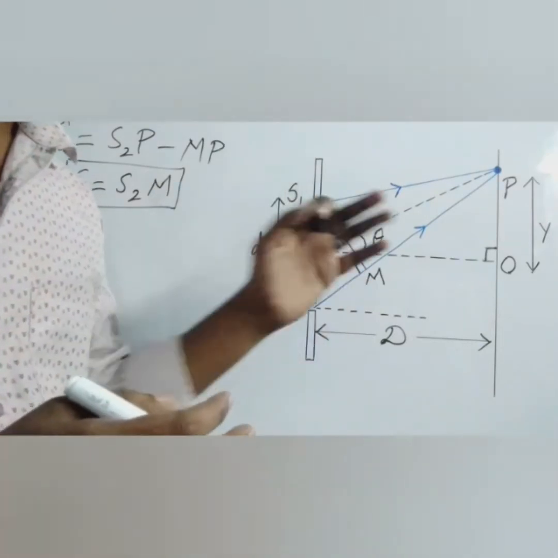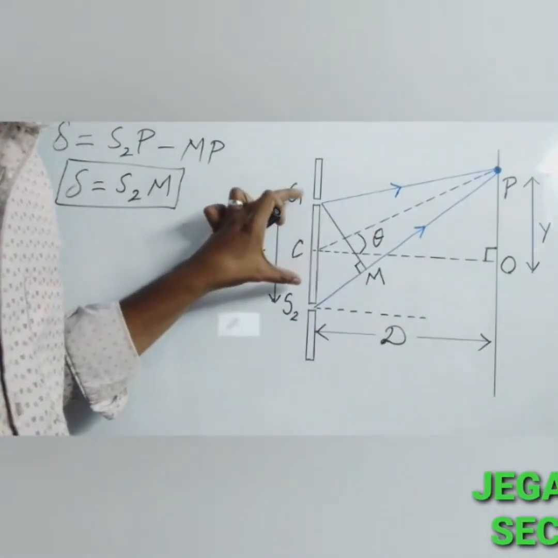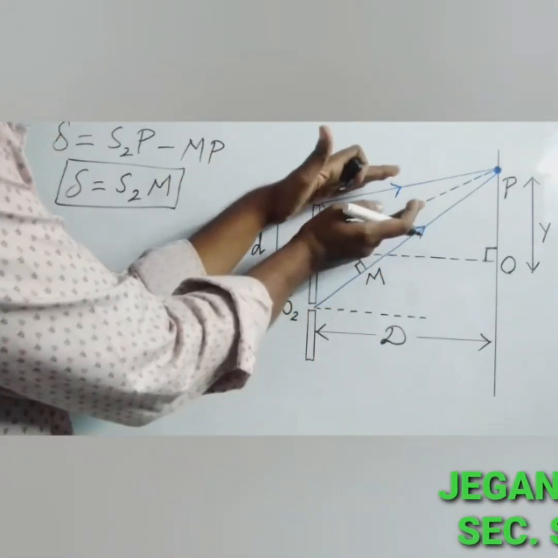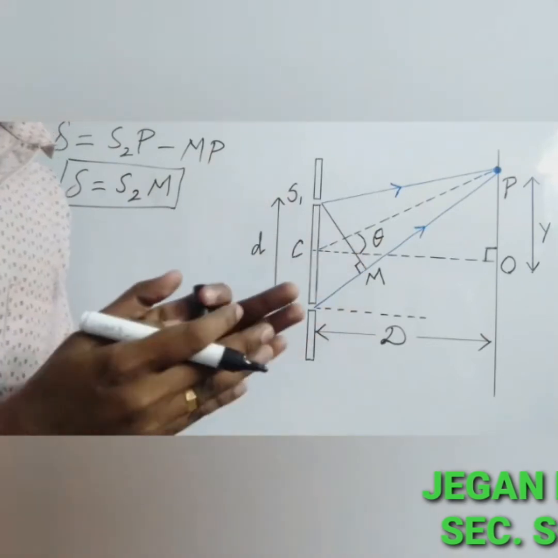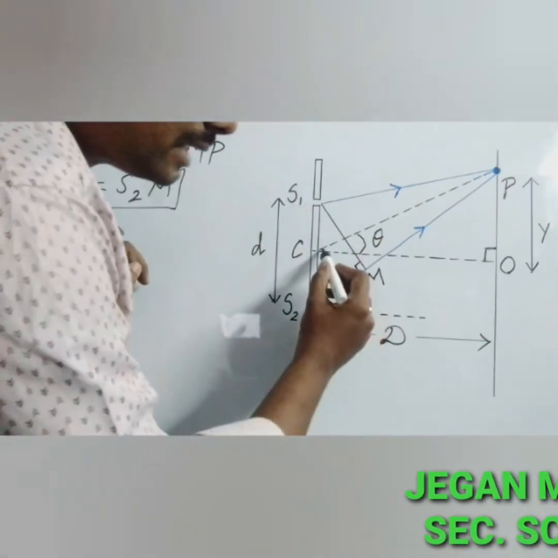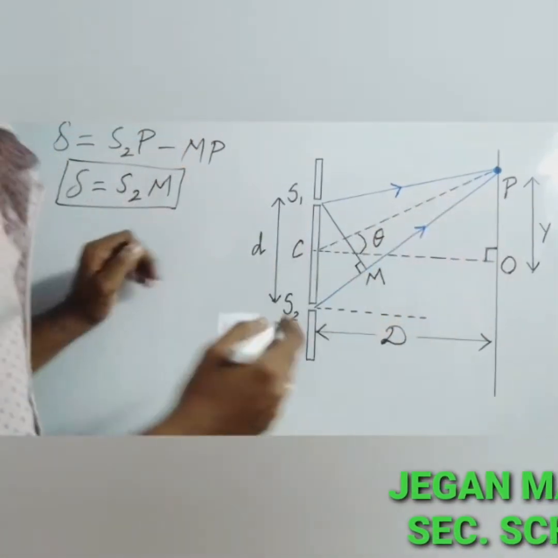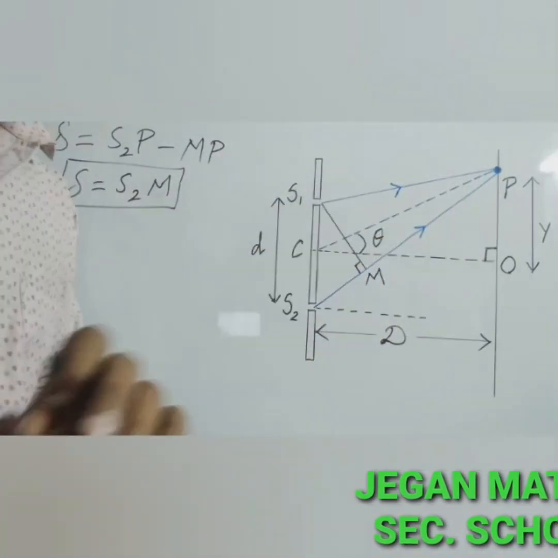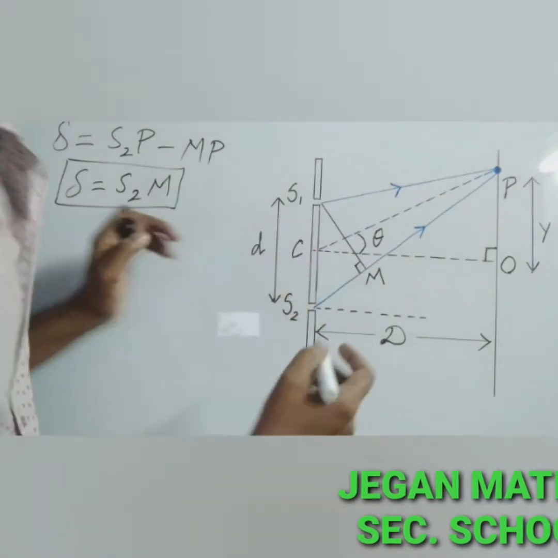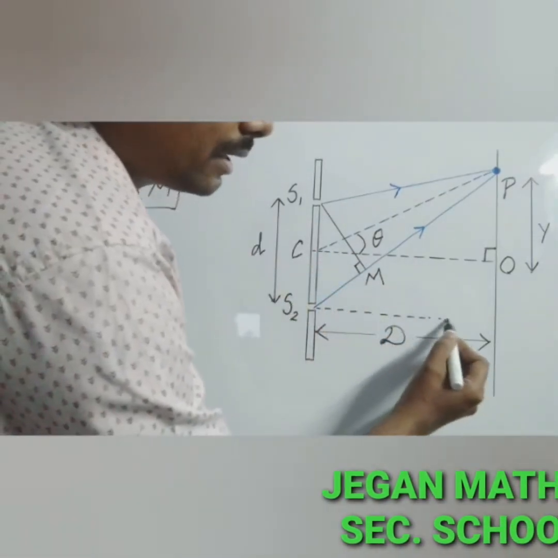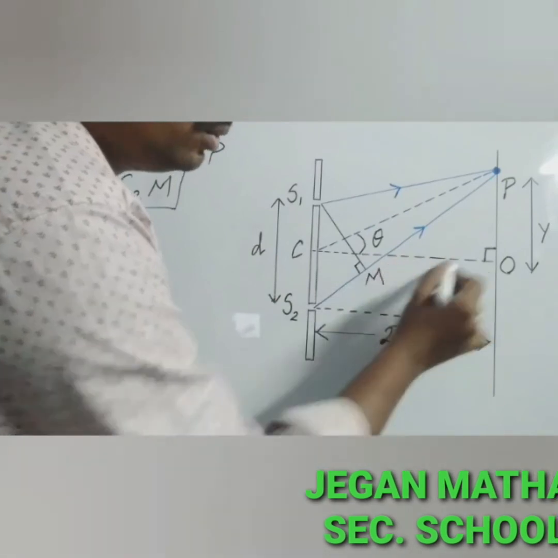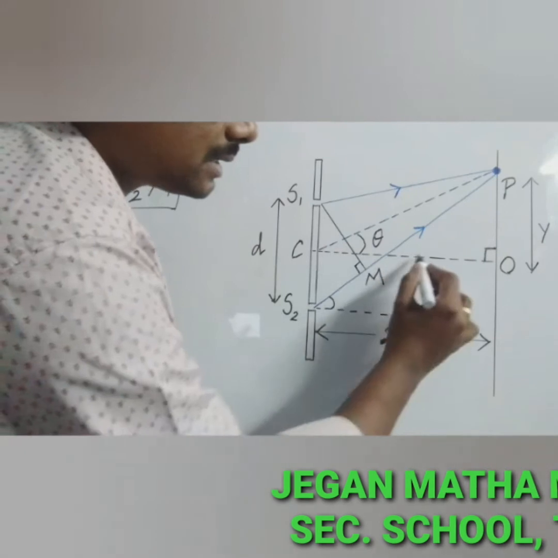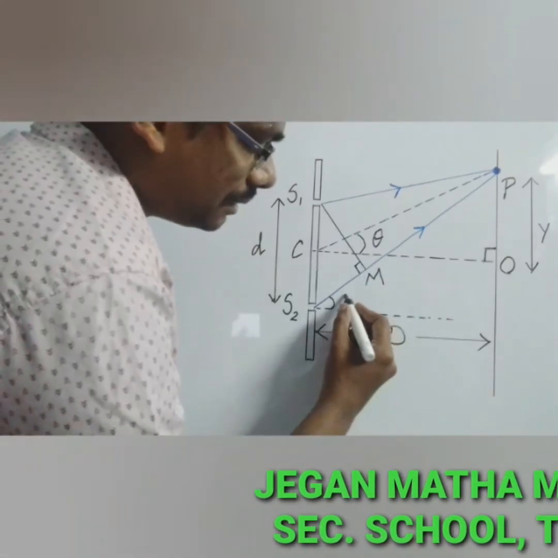Here the two waves are considered as parallel lines because the distance between the two slits is negligible. So the waves are very near to each other, so that can be considered as parallel lines. The central dotted line is also considered parallel to these two waves. So all the three lines can be considered as parallel lines. Here I have drawn another dotted line which is parallel to this line. Then what about the angle here? Here the angle is theta, so the same angle can be found here also.